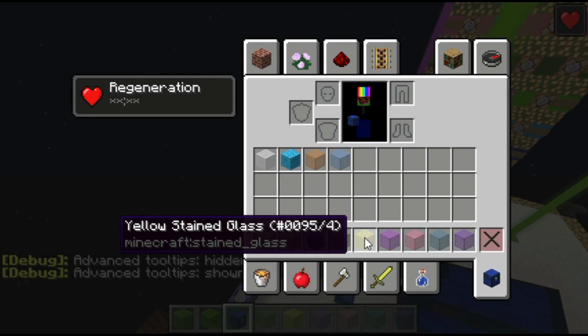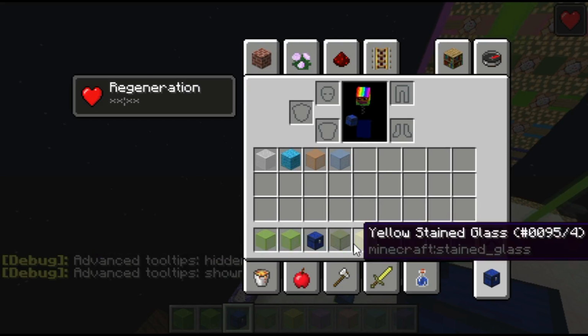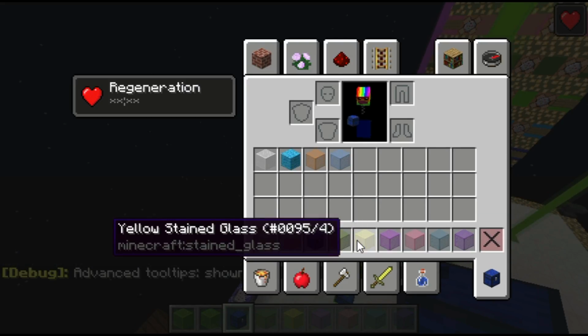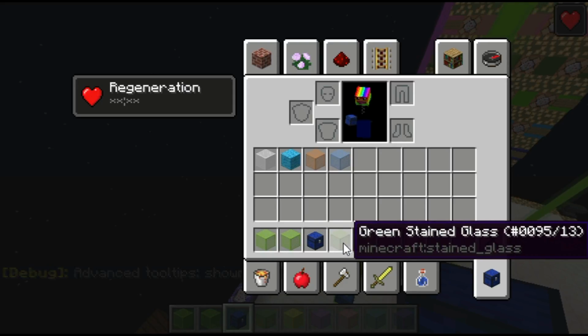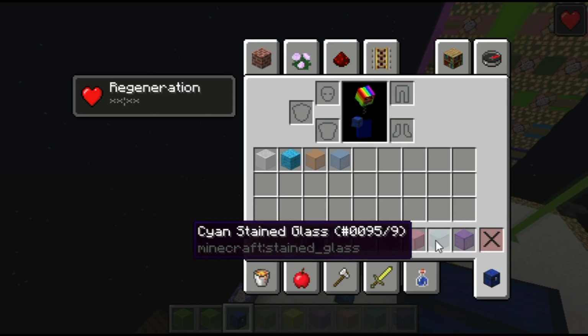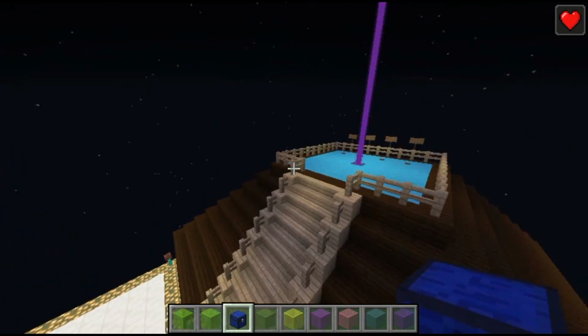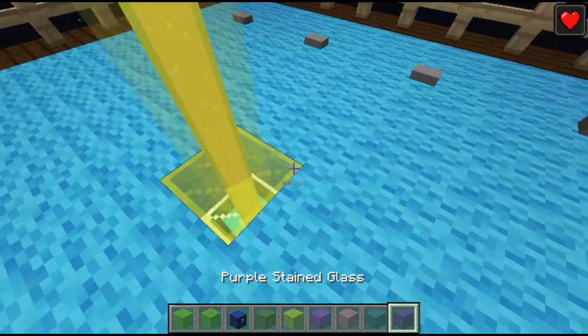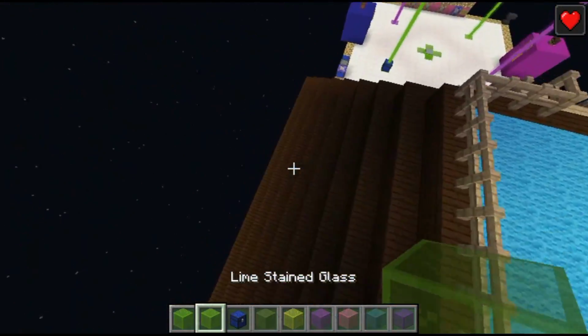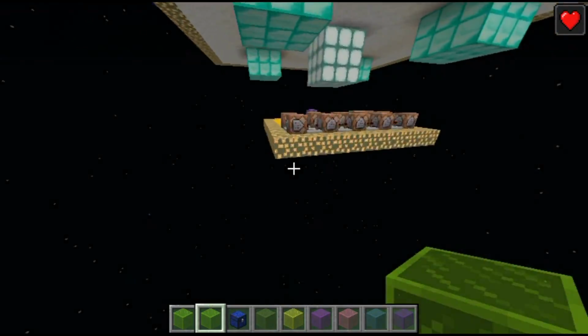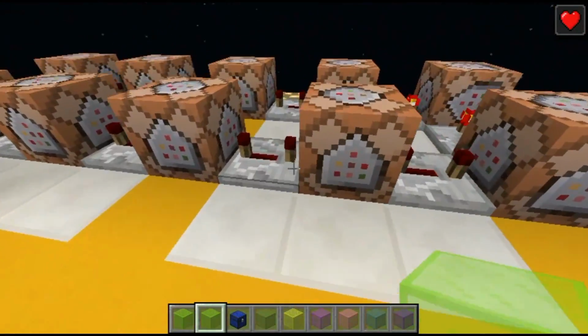Now my game looks right for me because I use this all the time and it looks weird to me if a game doesn't have these enabled. But anyways, notice for example, green stained glass is 13. Yellow stained glass is 4, pink is 6, and that one's 9. So it'll fill it using that item ID. 0, by the way, is white in this case, and you can do this with all sorts of other blocks. For example,